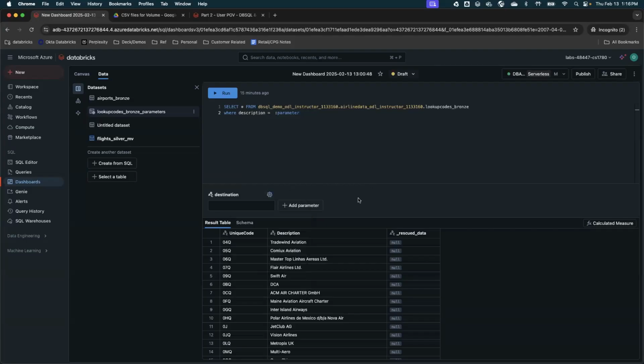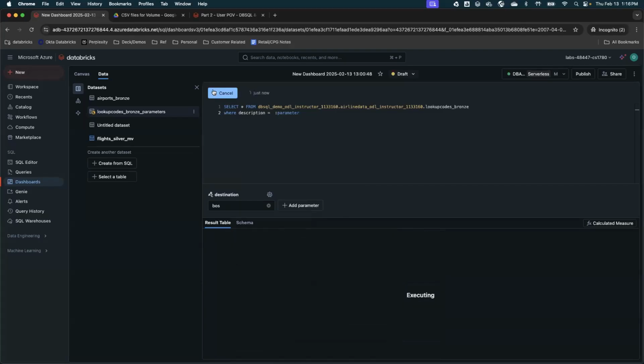And then here I can add any destination. For example, if I add BOS and try to run it, and see if the filter is working, because it is either giving data or not. So based on whatever parameter you select, you should be able to get all your data for your filter.